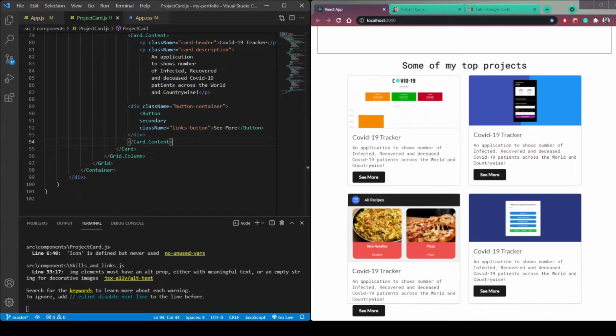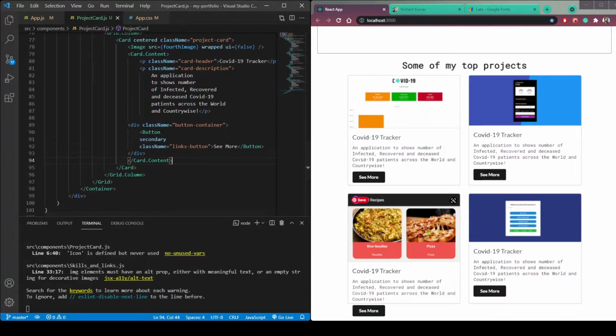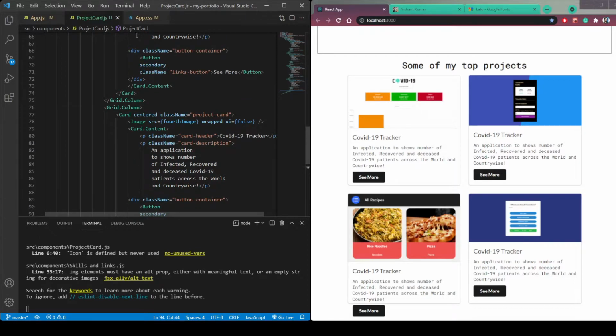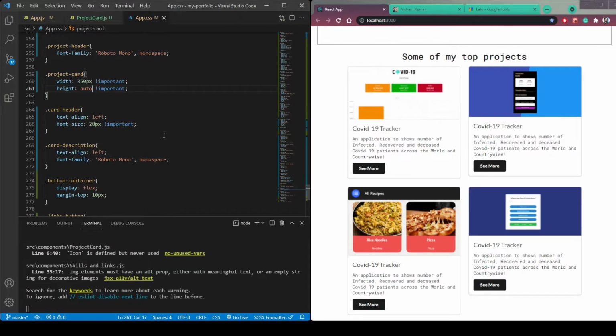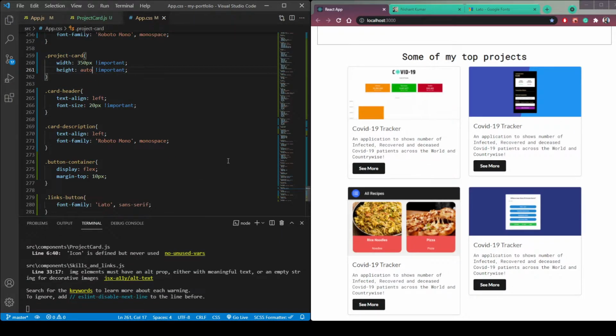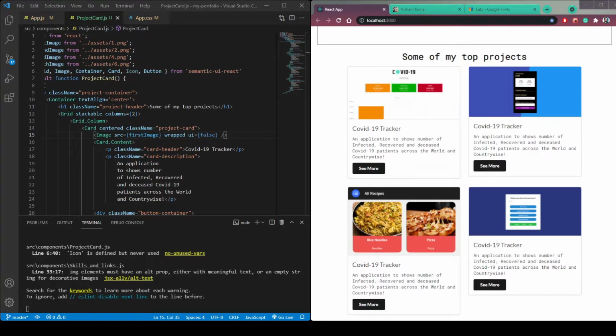In our third card, we have a problem that this picture, this intro picture is very big. So what we can do is in this app.css, let's decrease the height or make the height to auto. So it will auto arrange. We need to make these images of fixed height. So in this image tag, give it a class name of project image.